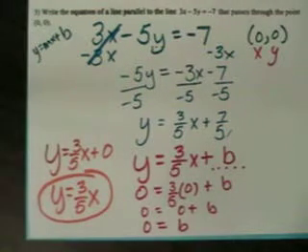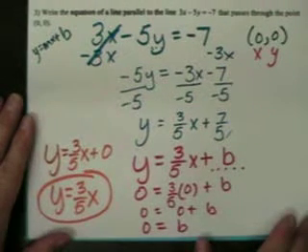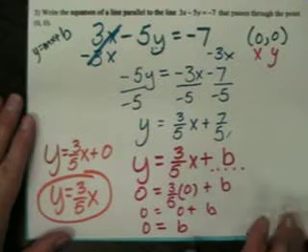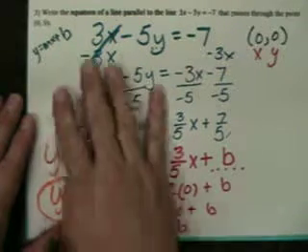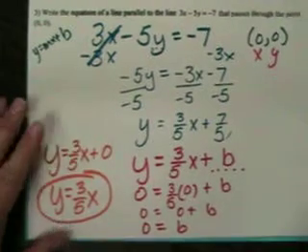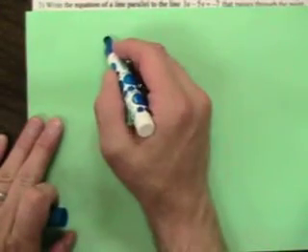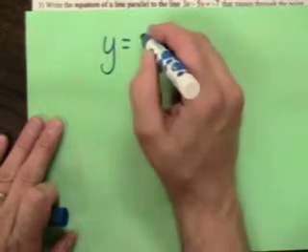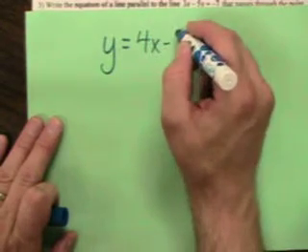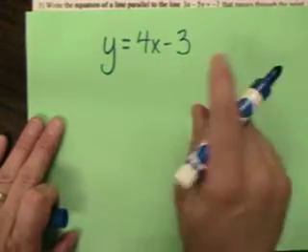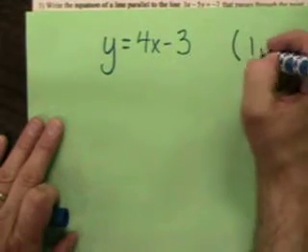Now, that pretty much does the problem. So for the rest of this video, I'm just going to be trying to explain some ideas about this. I think I'm going to do another example to kind of help you see how it might work. If I said write the equation of the line that is parallel to y equals 4x minus 3, okay, through the point 1, 2,